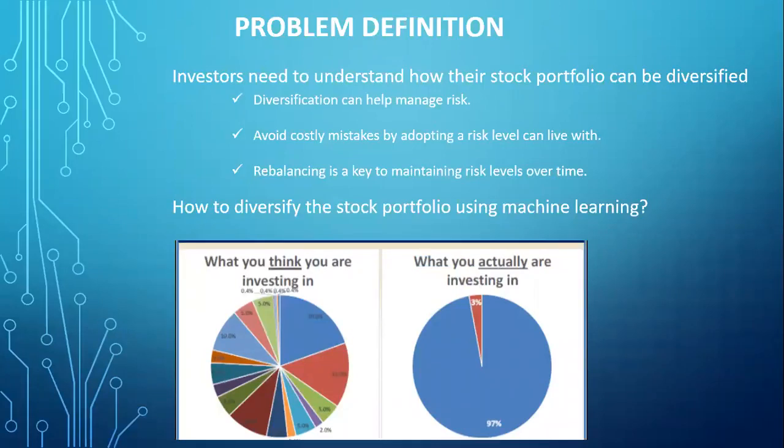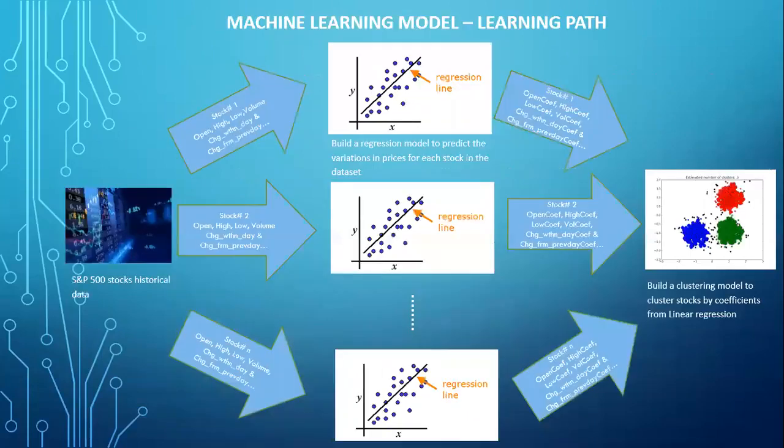So to diversify the stock portfolio better, we need a machine learning model. Let's see how that works. This is the machine learning model learning path. Here we have two phases. Phase 1 represents each stock using a linear model, and phase 2 uses the linear model attributes and then clusters those stocks. So here we start with the S&P 500 stocks historical data that has daily stock transactions for